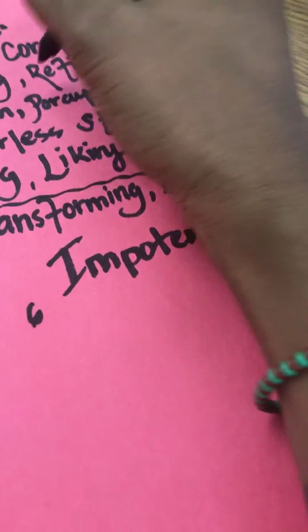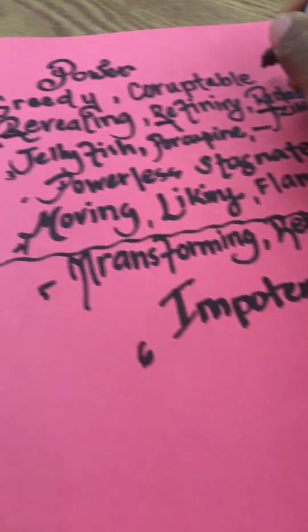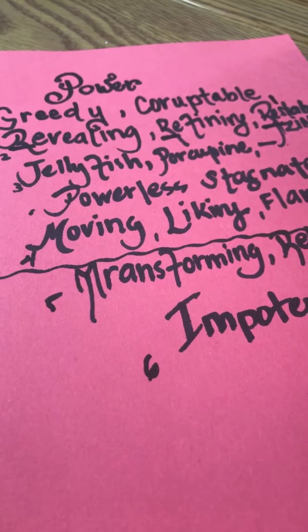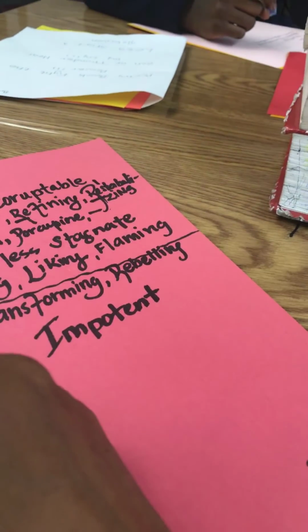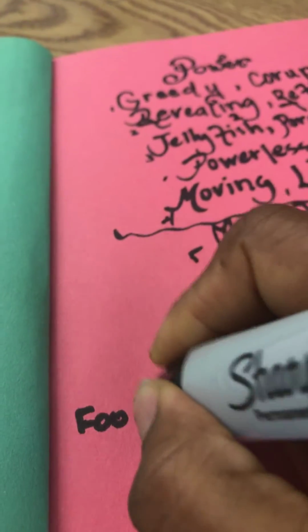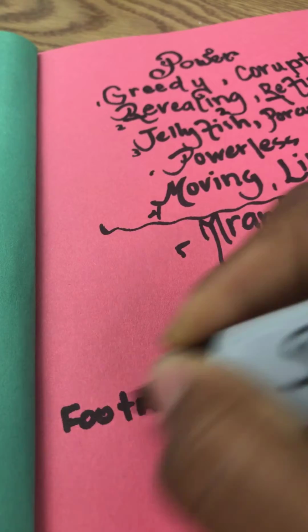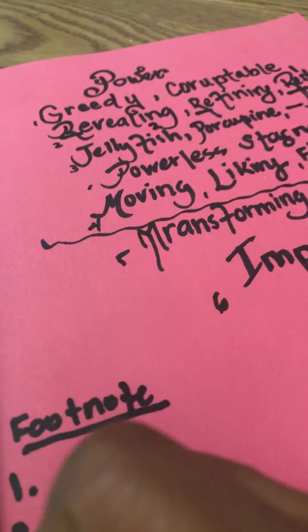This is my alliteration. Jellyfish, metaphor. So I'm writing the word footnote. 1, 2, 3, 4, 5. So you got 1,